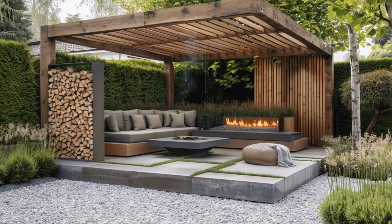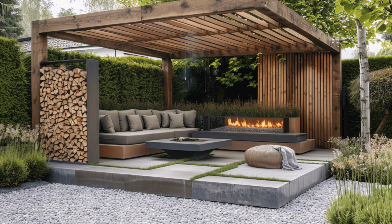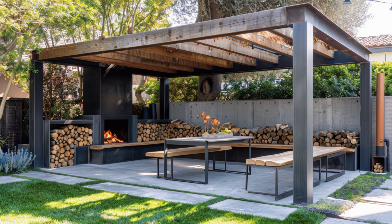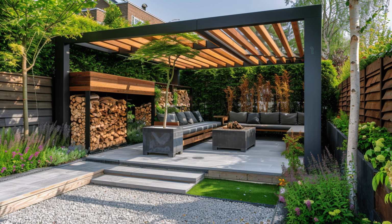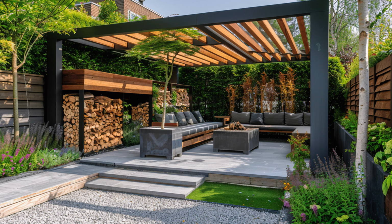A designed modern outdoor lounge area featuring a wooden pergola with clean, contemporary lines. Beneath the pergola sits a cozy L-shaped sofa with plush neutral cushions, creating a comfortable space for relaxation. In front of the seating area, there is a sleek, low fire pit that serves as the centerpiece, adding warmth and